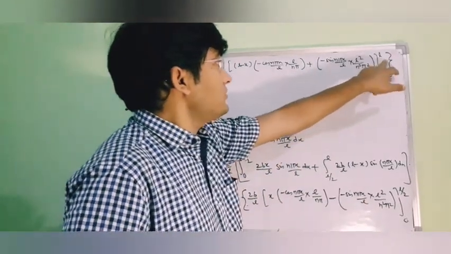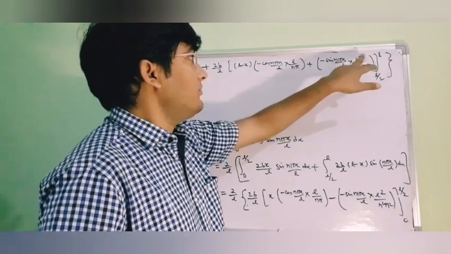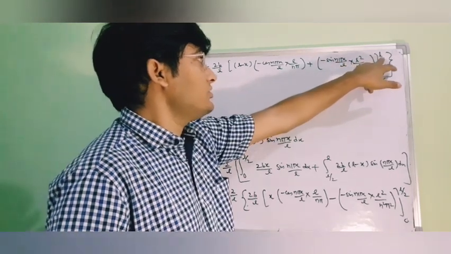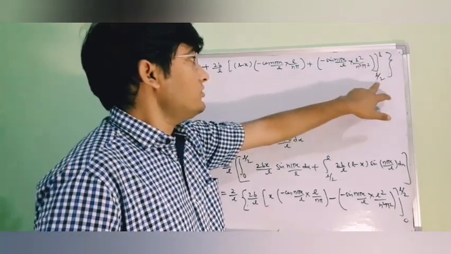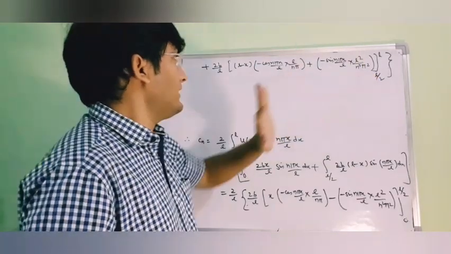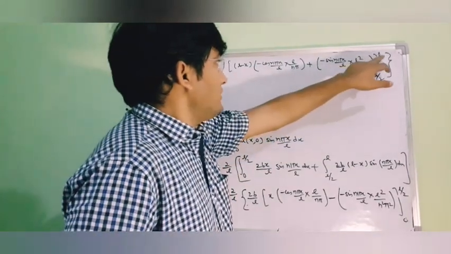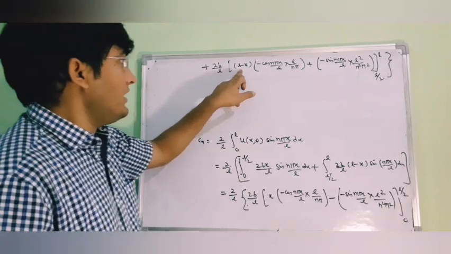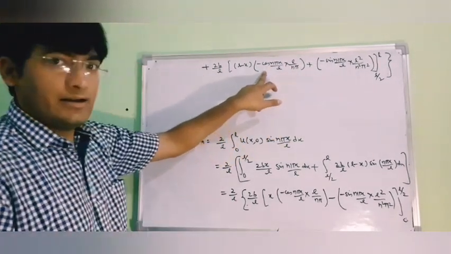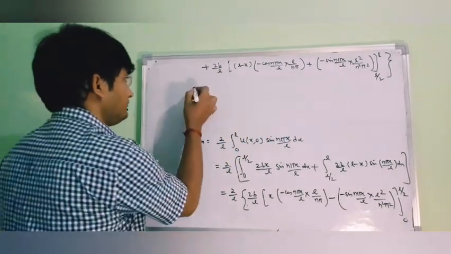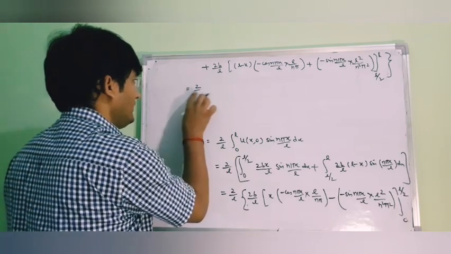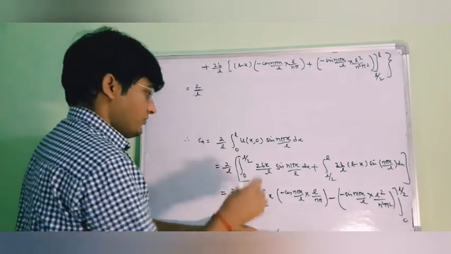Again this term will be 0 for both the limits. For the upper limit this will be your sine n pi, and that will be 0. And for the lower limit this will be your sine n pi, and again that is 0. This one for the upper limit is 0, and for the lower limit this value will get adjusted. So we have 2 upon L. Now from here we will have